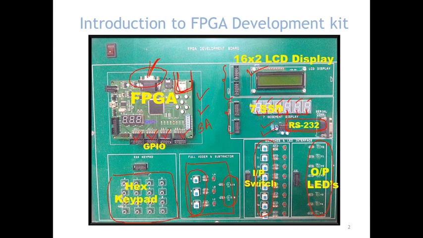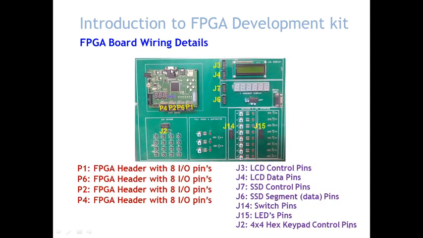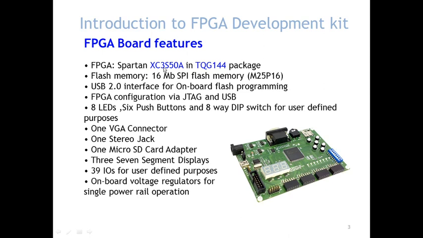So let us see the features of this FPGA board. The FPGA used here is from the Xilinx Spartan 3 family, and the part number is XC3S50A, and the package is TQG144. It means this FPGA contains a total of 144 pins. In that, some are VCC and ground pins and the remaining are dedicated pins. Usually in an FPGA there are various dedicated pins like JTAG pins, programmable pins, VCC and ground pins, and the remaining are